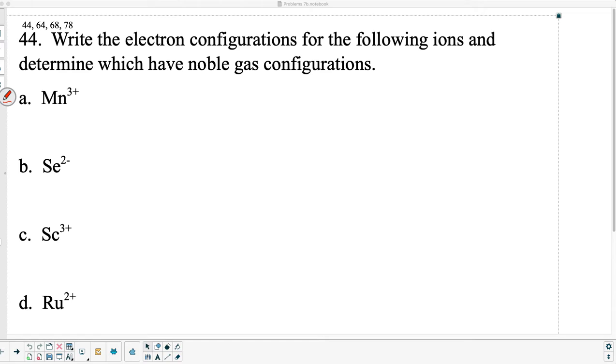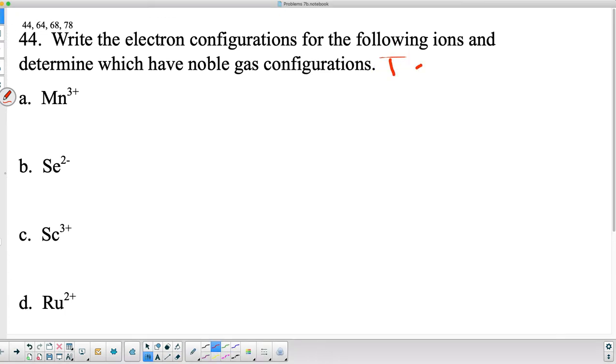Notice that manganese is in the transition metals. So here's something you should all know: when we write electron configurations with ions and the metal is in the transition metals,